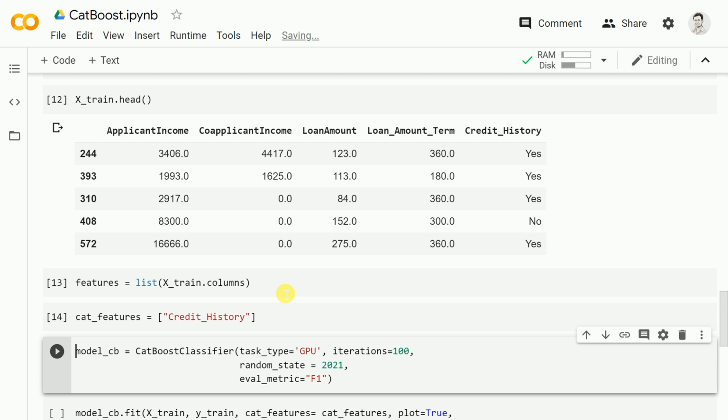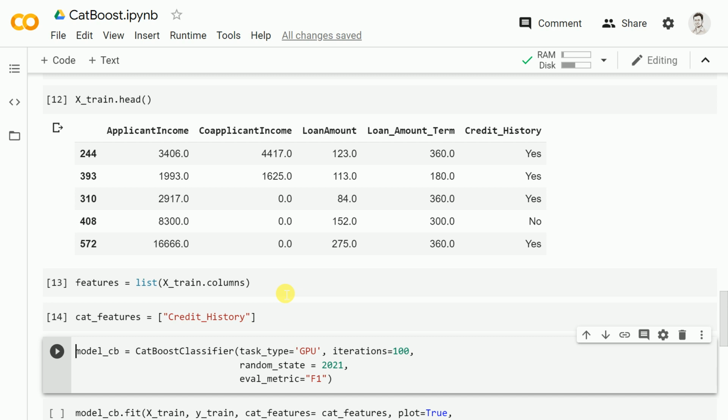I have not taken care of the categorical variables, that is, I have not converted them to numeric. I have also not acknowledged the missing values. So I have not treated the missing values at all. In most of the algorithms that you've used so far, all of these steps are really important because then you wouldn't be able to proceed to the model building step. But that is where the uniqueness of CatBoost lies.